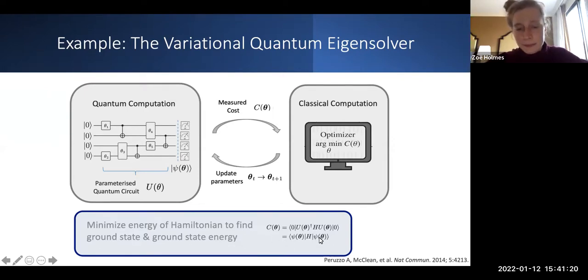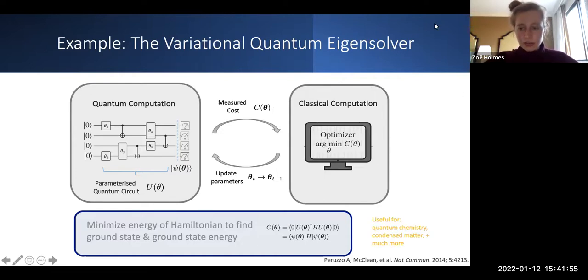you can find the ground state energy and the ground state of that Hamiltonian. So what you do is you prepare a test state, some psi of theta, by applying some unitary U of theta, and then you measure the energy of that state psi of theta with respect to the Hamiltonian you're interested in finding the ground state of. This is typically done by expanding your Hamiltonian as a sum of Paulis, and then doing a bunch of Pauli measurements. So you can see that by looping around and minimizing this cost, you will find the state that minimizes the energy of the Hamiltonian, which is precisely the ground state, and its associated energy is just going to be the ground state energy.